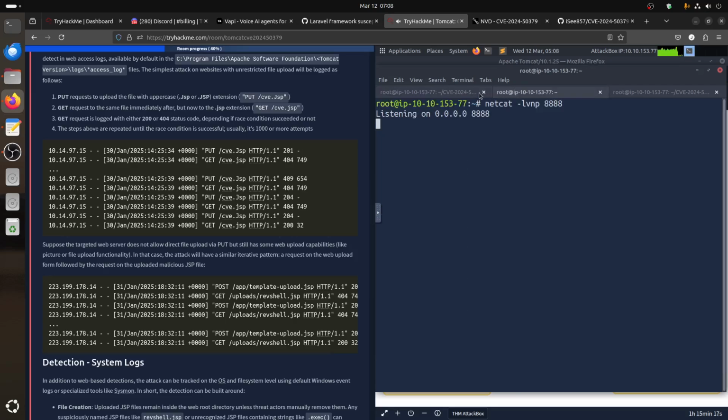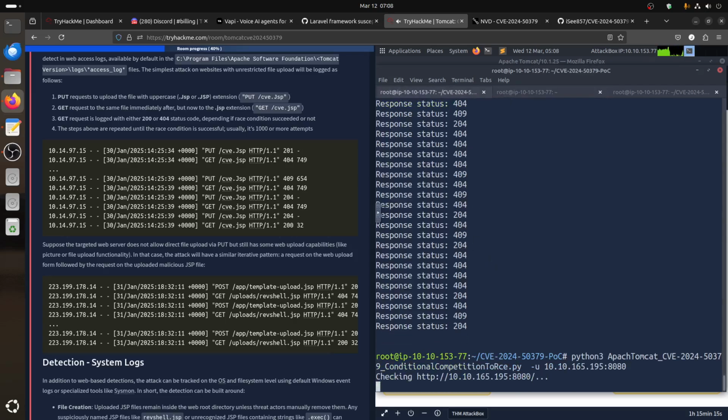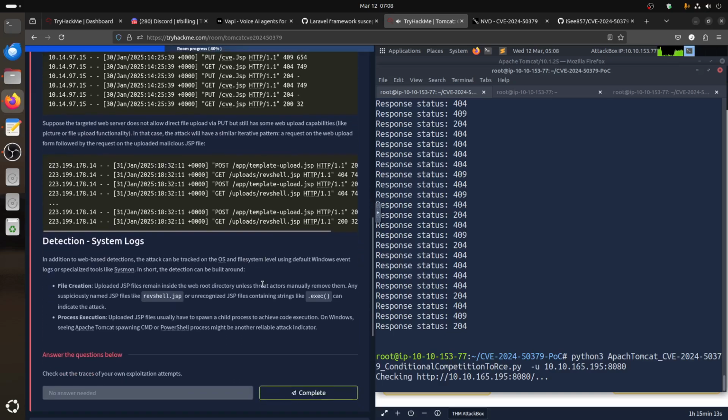Okay, let's see if we got it. We didn't get it, so it's more like we're going to 10 like yesterday. Of course, in the system log, you can have a reverse shell like an unrecognized JSP file that contains strings like exec. Process execution: an uploaded JSP file usually has to spawn a child process to achieve code execution. In Windows, Apache Tomcat spawning a command or PowerShell process might be, yeah, this is like the blue side